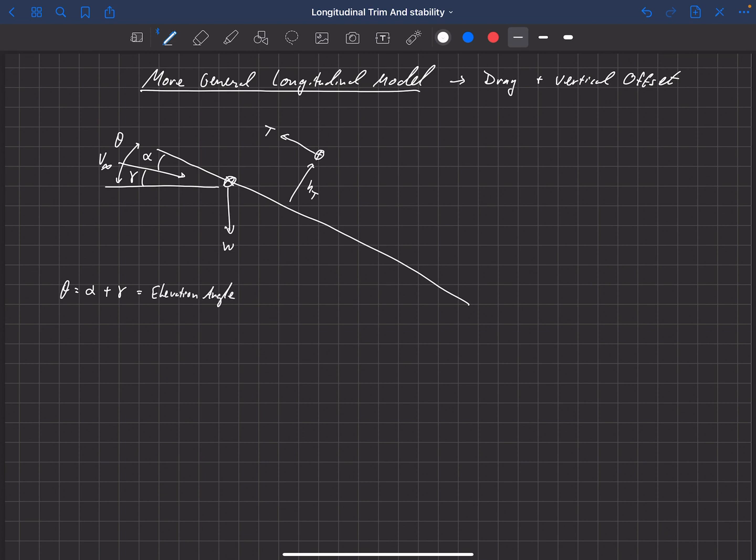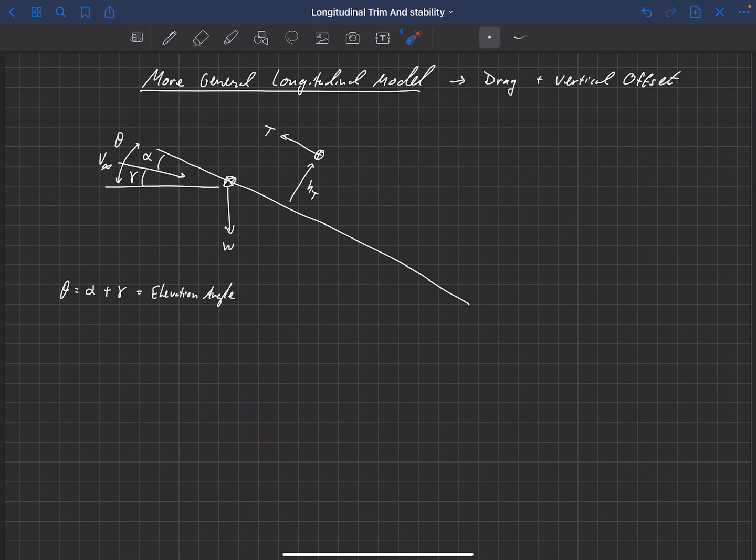And the elevation angle basically is the angle that our nose is pointed up relative to the horizontal. And then, of course, the angle between the nose of our aircraft, or the direction that it's pointed, relative to the free stream is our angle of attack. And then if we're climbing, then the free stream is at an angle relative to the ground, and that's our climb angle.